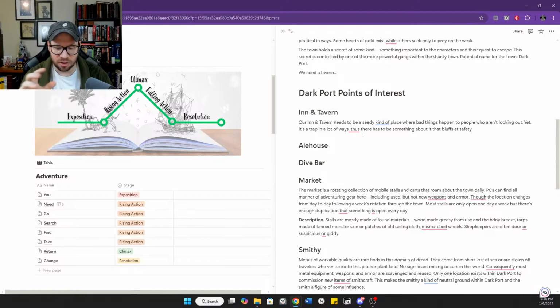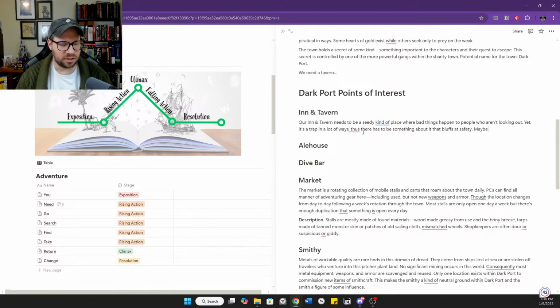You know, that sort of idea of safety in numbers kind of thing. There's a lot of people here, so only so much can go down. But it should be a rough and tumble kind of crowd, I think. And of course, let me know if you've got other ideas.